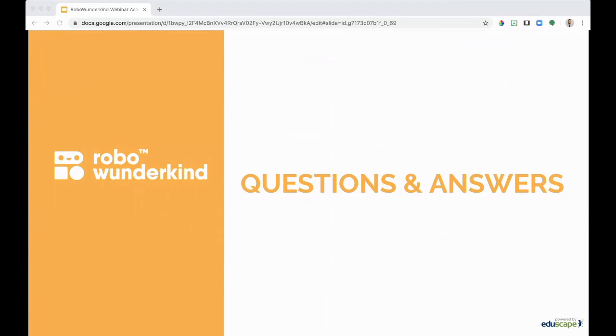And then the coding piece of it, because it is visual coding, it is a lot easier than having to use text-based coding. So what's nice about it is that kids are able to, whether they don't speak English, maybe they're English language learners, or maybe they just don't know how to read at all, they're able to literally drag and drop and move with their finger the coding pieces. And then they hit play and they see what happens. What's also nice about it is that the app is connected to the main block by Bluetooth. So when your internet goes down in schools, because we know it often does, you're still able to have those experiences with your students.